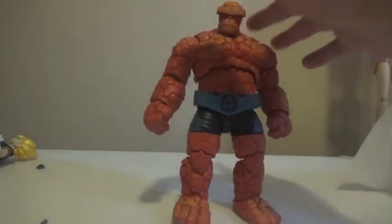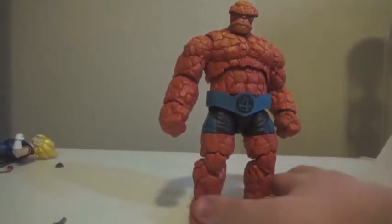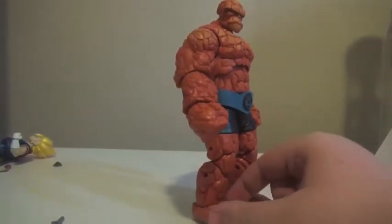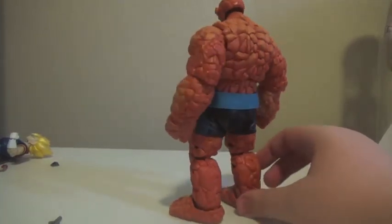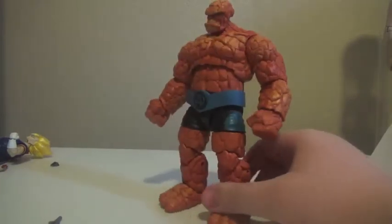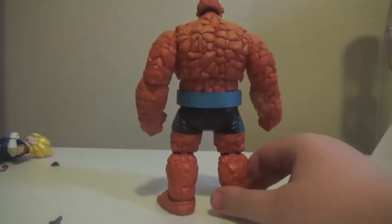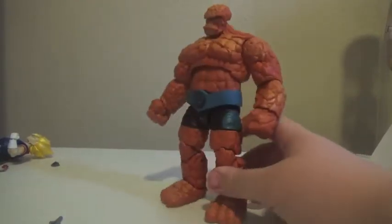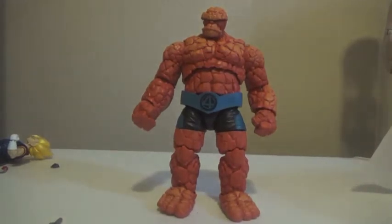So, yeah, today we are getting into the most similar of these super distinct characters, and we're reviewing The Thing, who is pretty big. From what I can tell, this figure reuses the most of the molding from the Walgreens exclusive The Thing. Though he does have a couple of new elements within him. But I think it's done very well. There's some decent painting, though there are some complaints about it, but I didn't try the other one. The other one's a lot more well done, and I kind of wish I had a more wide release, but